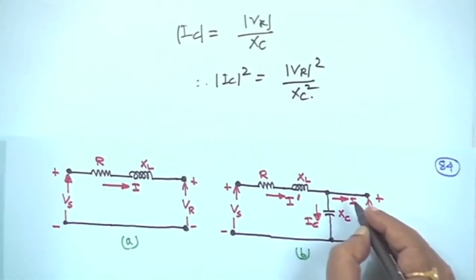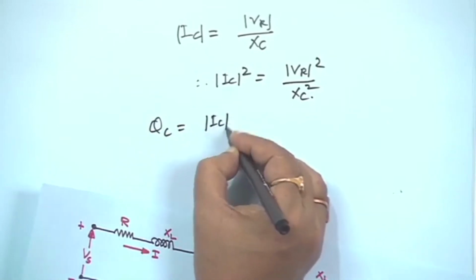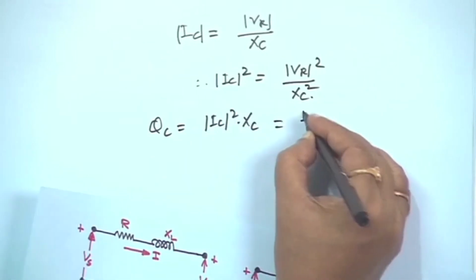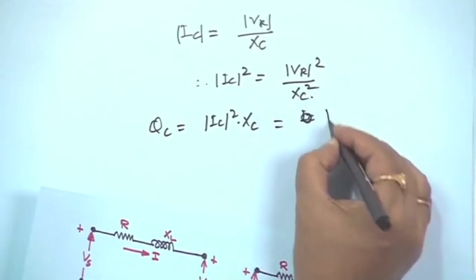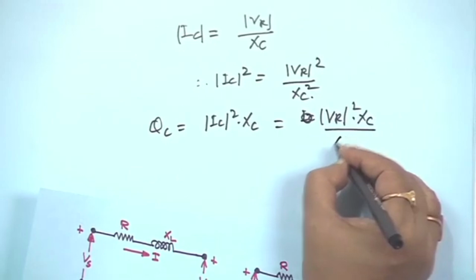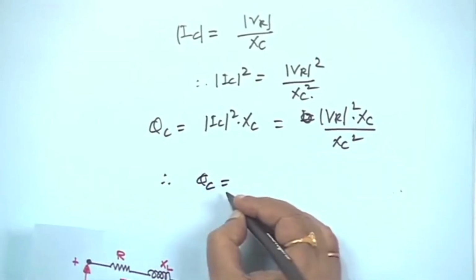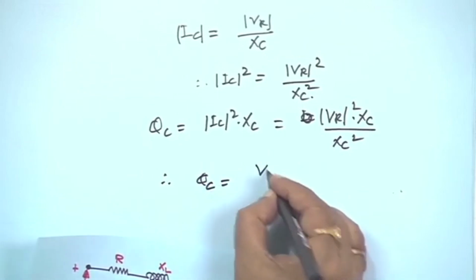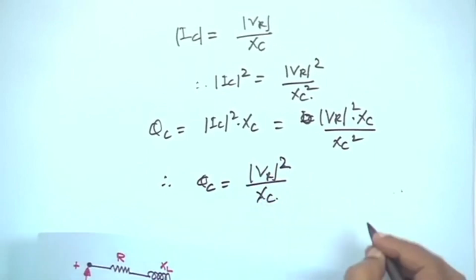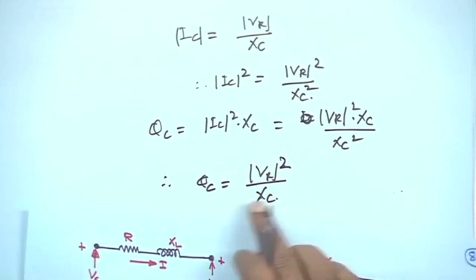Now, reactive power QC is equal to IC square into XC, that is VR square into XC by XC square. That means QC, the reactive power, is equal to VR square upon XC, that is the reactive power supplied